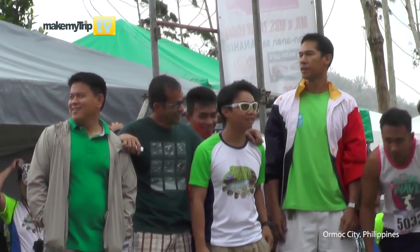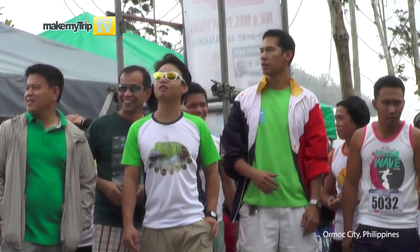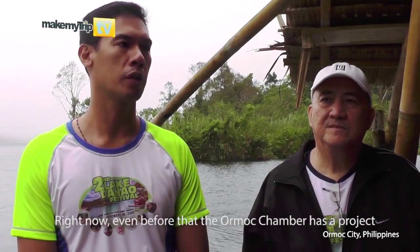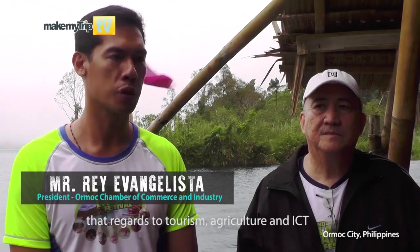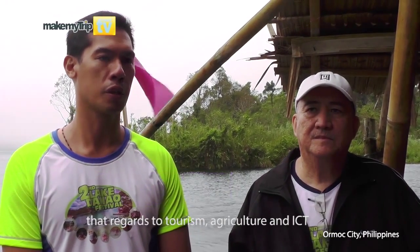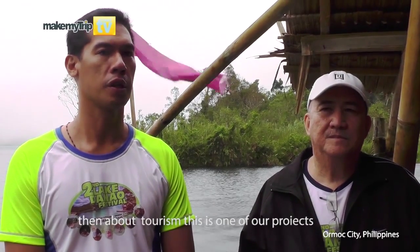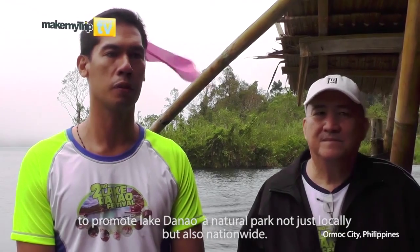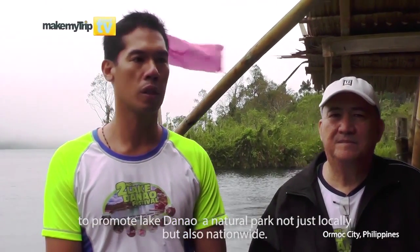The Sports Festival is an initiative of the Ormoc Chamber of Commerce and Industry, headed by its president, Mr. Ray Evangelista. Even before that, the chamber has had projects with regards to tourism, agriculture, and ICT. When I say tourism, this is one of our projects to promote Lake Danao as a natural park, and not just locally, but